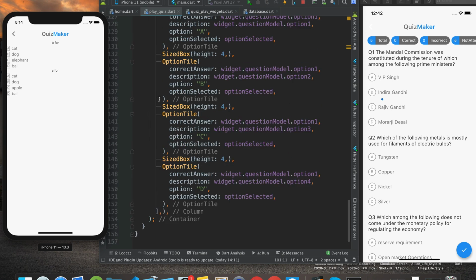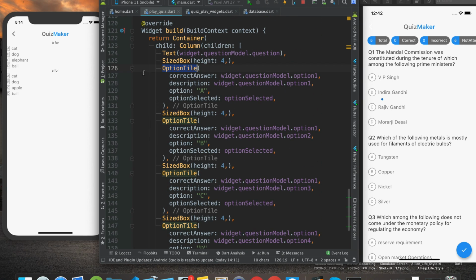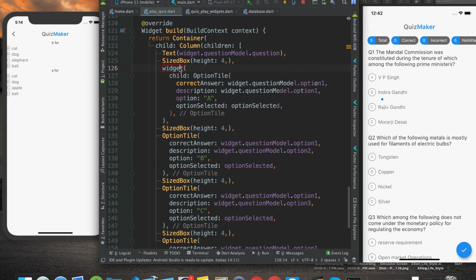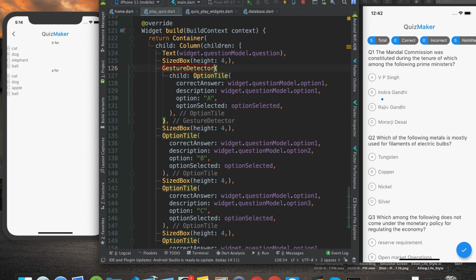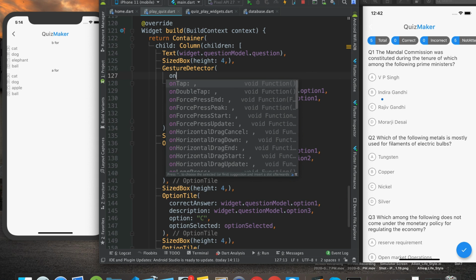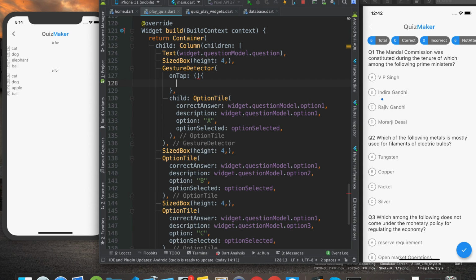So let's go back to the option A, and I'm going to click on this, wrap it with a widget which is going to be called gesture detector. We will use a property of on tap. In that I'm going to say